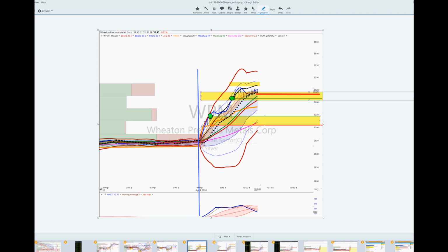I actually think that's a pretty good idea for swing trading, because one of the things that you'll notice is, like on Wheaton, this is still kind of early in the day, but of all the things that you could use to trail it with, like the Dragon, the PSAR, the VWAP, the RL90, and the Bollinger Band Mean, maybe the Z1 or the Z-2, the RL270, the long-term fair value, is kind of a nice relaxed way,